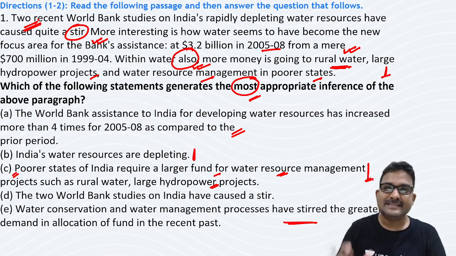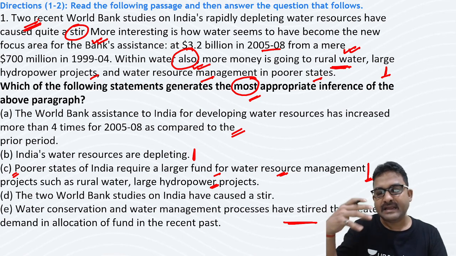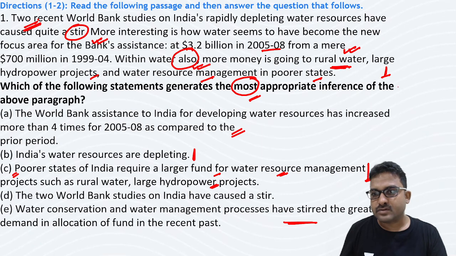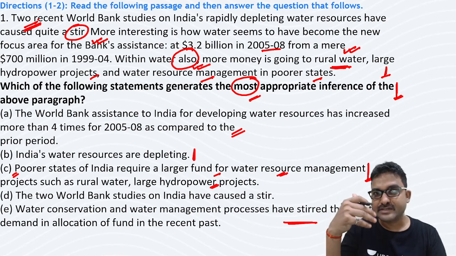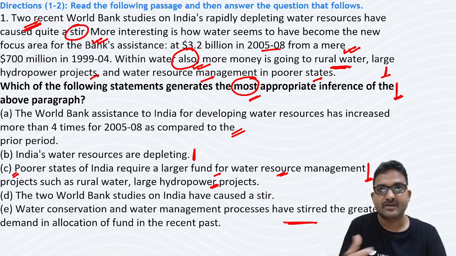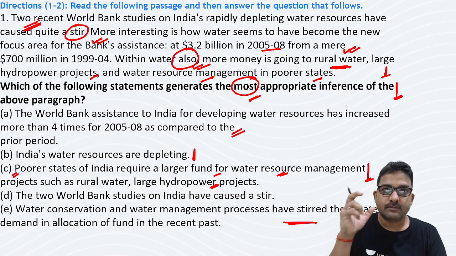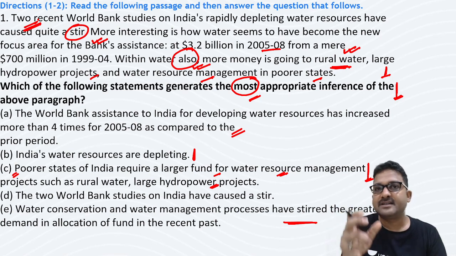So guys, these questions are generally answered wrongly by the students. So be careful after reading the instruction, what the instruction is trying to say. They are asking you for the most appropriate inference. So remember this particular concept, because most students make mistakes by the logic of assumption, by the logic of conclusion. We have to choose the most appropriate answer as an inference.